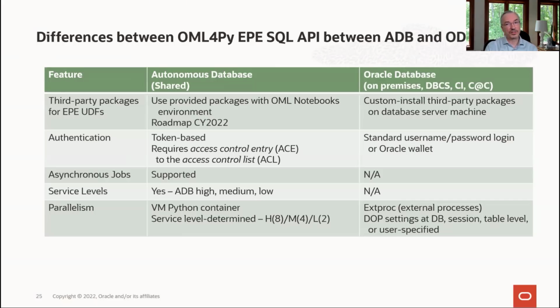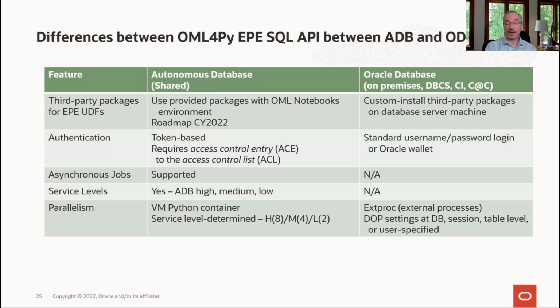Before shifting to the demonstration, though, we should highlight a few differences between the embedded SQL API on autonomous database and Oracle database, which includes on-premises and DBCS and other cloud deployments. The most notable difference is the ability to custom install third-party packages. With Oracle Database, users with root access to the database server machine can install the packages they want to use directly with embedded Python execution. And this is a roadmap item for autonomous database to be included later this year,